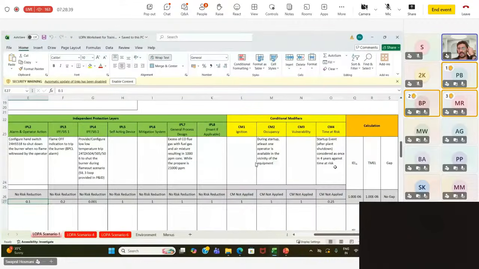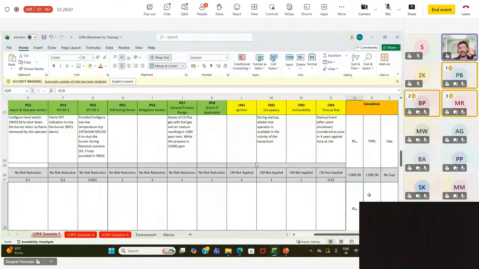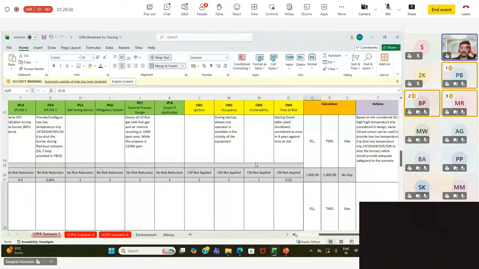This gives us a product of all these three factors, and that product turns out to be exactly the same as the TMEL required as per UK guidelines. So there is no gap here. I'm only saying that the existing infrastructure should be configured to provide a low temperature trip, which should suffice for this scenario. Next, let's look at the scenario where